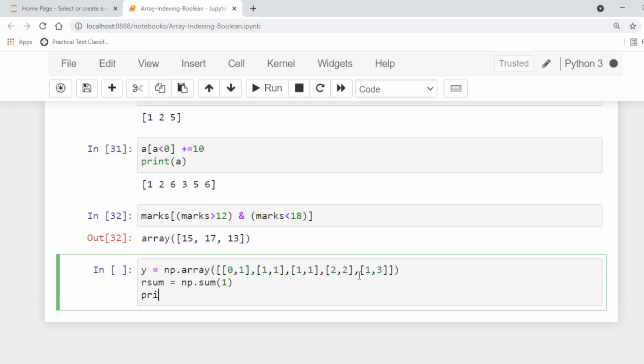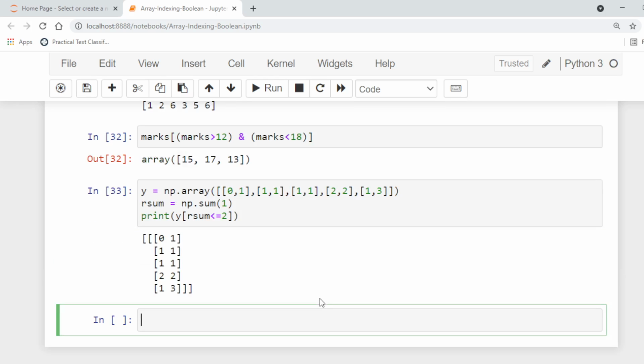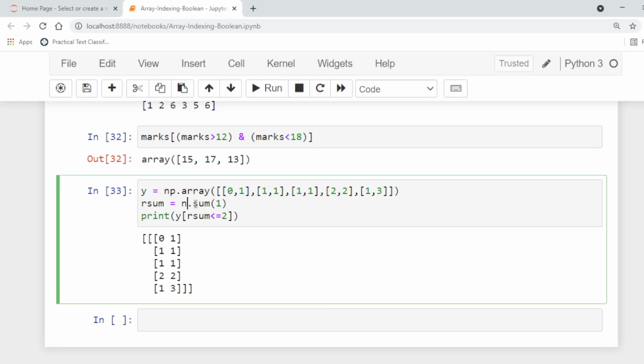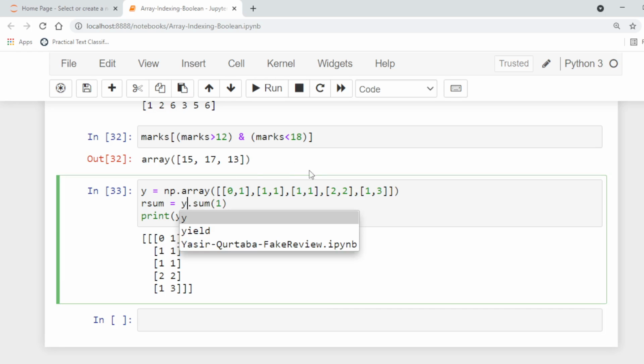Now let's print y where the row sum is less than or equal to 2. Okay, np dot sum, sorry, we are using the sum of y. So now run this again.